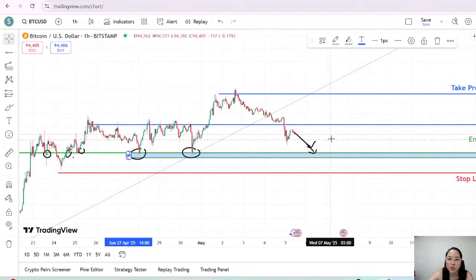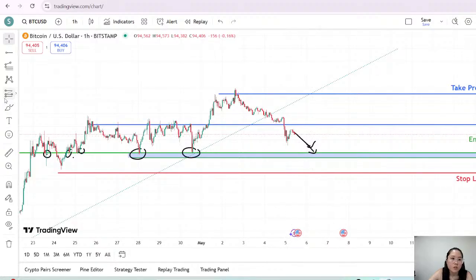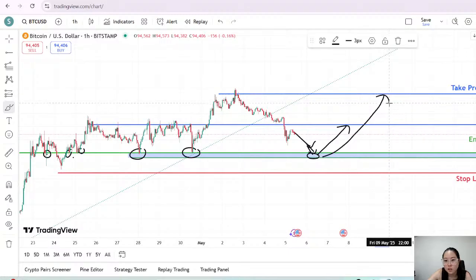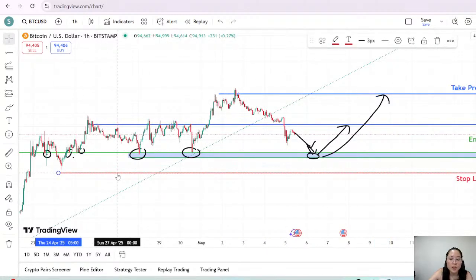So that gives me confidence that price will not break this area again this time. I'm just refining my trade as we go. Ideally, when price gets here, I want to get ready for a buy, and I want to buy it all the way to this area. If I'm being very conservative, this area. If I want to hold even longer, possibly this area. My stop loss will be right below. It depends on how tight you want to play this game, right? Because you also need to consider the spread for the brokers.